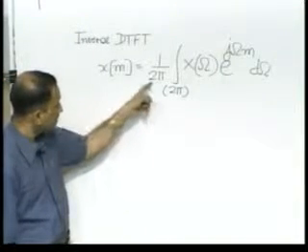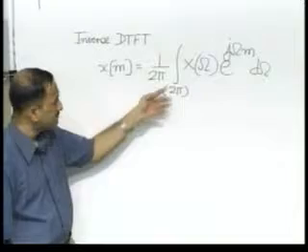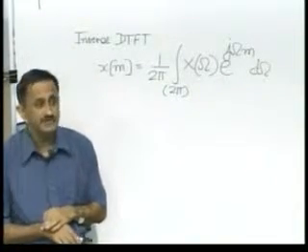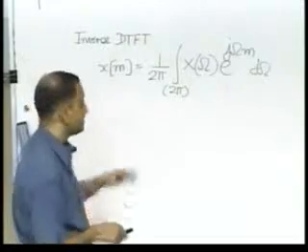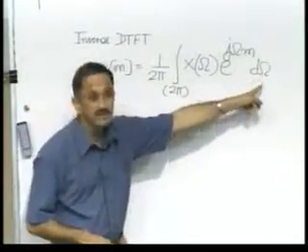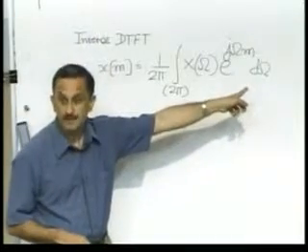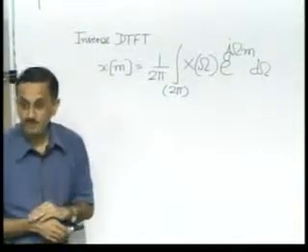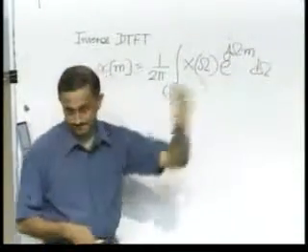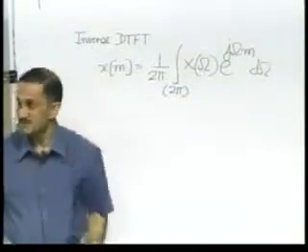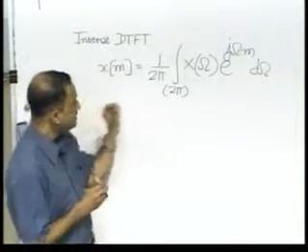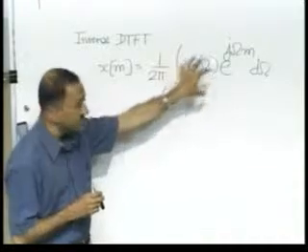The other thing, of course, is that there is a division by 2 pi, but that is similar to the case of the continuous time transform. That's not really an important difference, right? But there also you have a factor of 2 pi. Needless to say, if you replace capital omega by the Hertz frequency, then the factor of 2 pi can be removed, right? So one can write e raised to the power j 2 pi fm, and then one can remove the factor of 2 pi. Anyway, the point is we'd like to generalize this expression to the